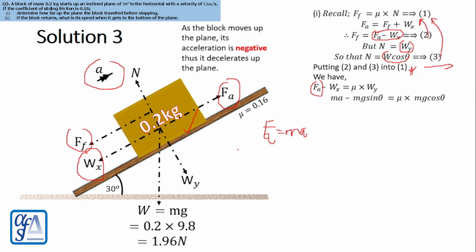And w sub x, of course, is w sine theta, and don't forget, that's going to be mg sine theta. And mu is given in the question, and w sub y is mg cos theta. Very good. So the next thing we are doing now is to divide all through